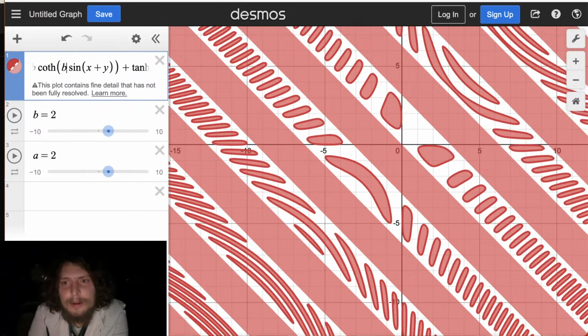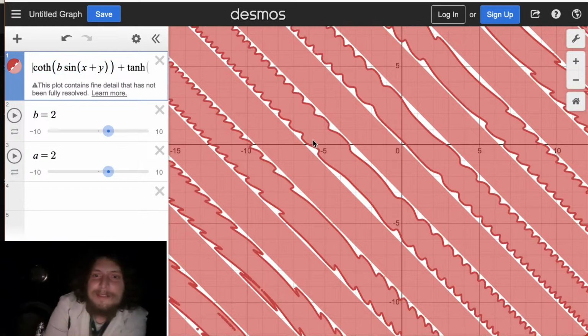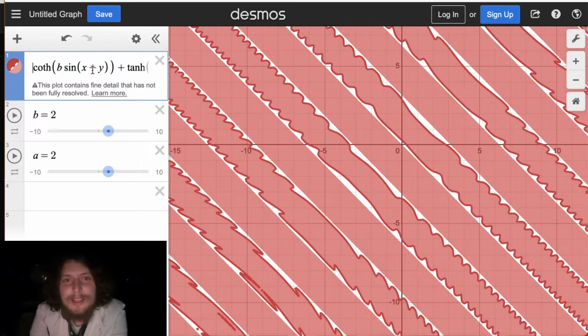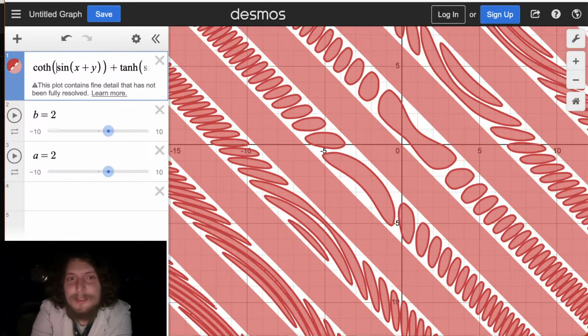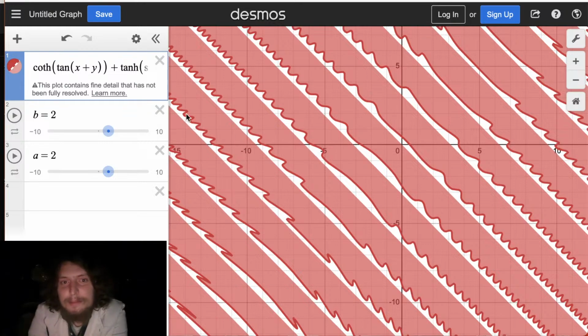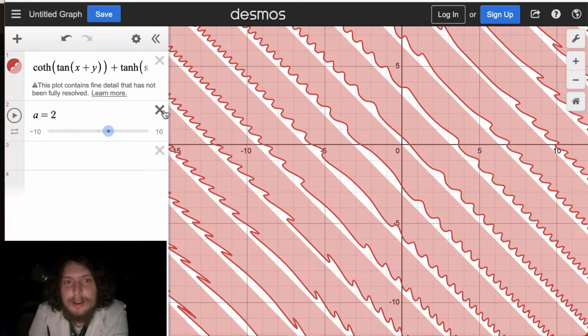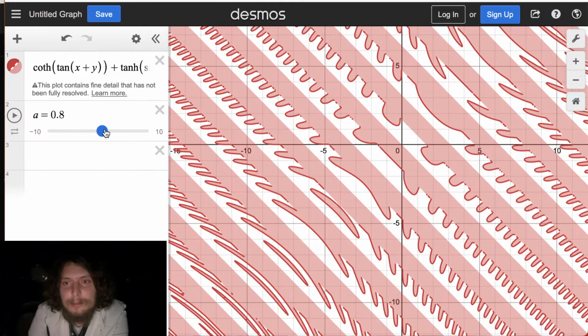So what if we put our b inside? Okay, challenge. Get rid of these in-between bars and keep our islands. I don't know if it's possible, but we're just going to try some more experiments for the time being. And for the time being, but b is gone. For the time a-ing, more like.